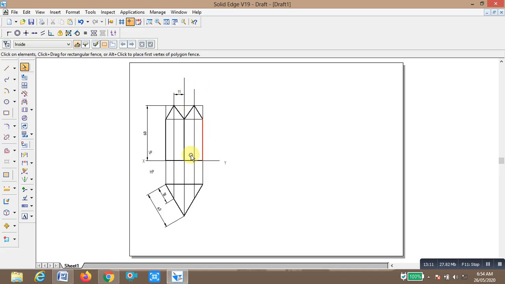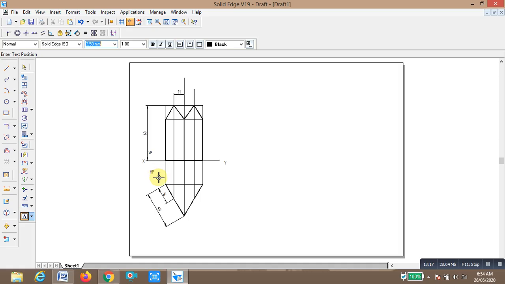This point is A, we call it point A. This point we call B here. This point is C, and the distance is, this is 18 mm, this is 20 mm. So we name the numbering. Okay, this is point 1. This is point 2.